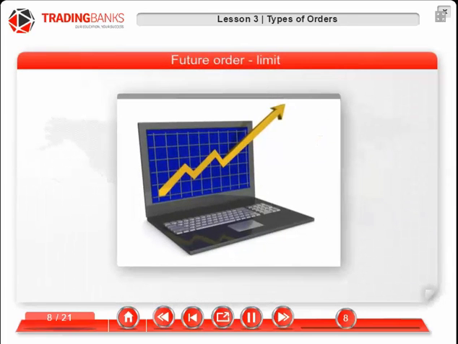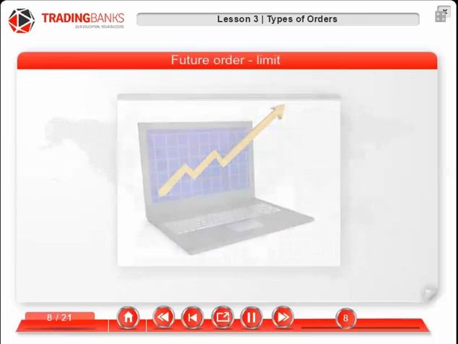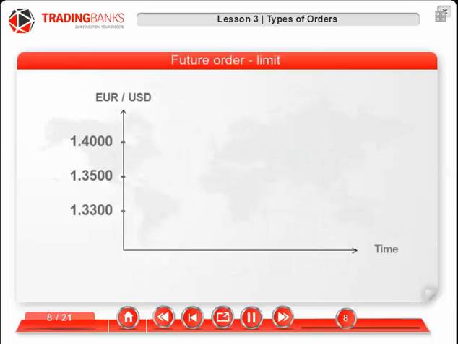Future order, limit. Limit order. A limit order is a trade which allows a transaction to be performed at a better price than the current market price. For example, let's assume that the market price for the currency pair of euros to dollars currently stands at 1.3500. The trader expects the euro to rise up to 1.4000 in the long term, but in the short